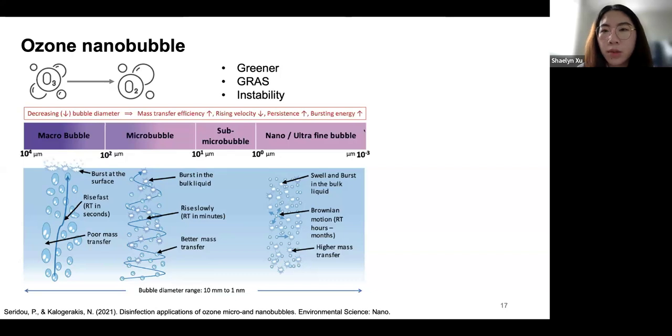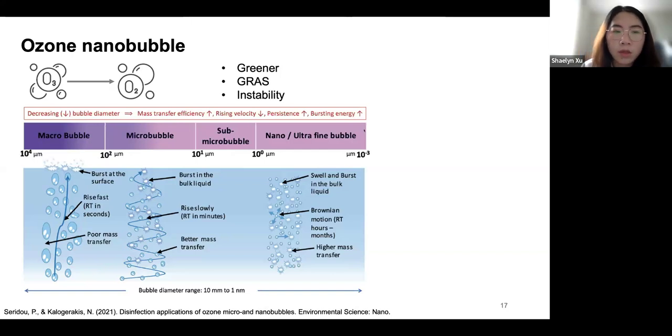The main problem is that ozone is very unstable, especially when dissolved in water. Due to this instability, ozone can rapidly deplete to oxygen and compromise its sanitation efficacy. However, these limitations can be